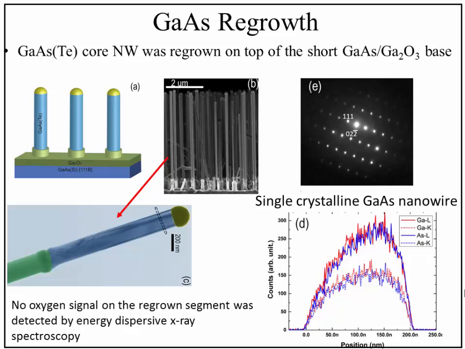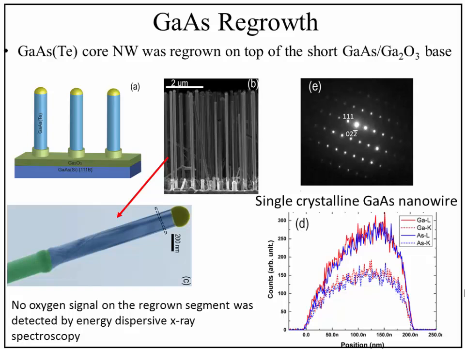Here is the same image of the N-type gallium arsenide devices. You can see the image contrast. The bottom one is the coaxial gallium oxide gallium arsenide, and the upper part is the regrown gallium arsenide nanowire. Here is the TEM image of the device. In the lower part, you can see it's covered with the gallium trioxide, and the rest is high quality crystalline gallium arsenide, and no trace of oxygen whatsoever was seen